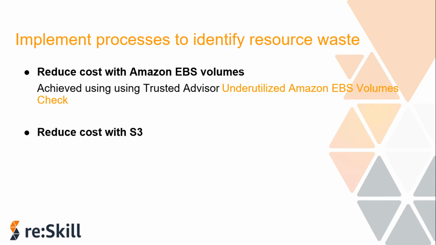Next thing that we can do is reduce the cost with S3. We can use something known as S3 Analytics to analyze the storage access patterns on the object data that is set for 30 days or longer. It will make recommendations on where you can leverage the S3 infrequently accessed class to reduce the cost of the object storage. So you can automate moving these objects into a lower cost storage tier using lifecycle policies. Alternatively, you can also use S3 Intelligent-Tiering, which automatically analyzes and moves your objects to the appropriate storage tier.